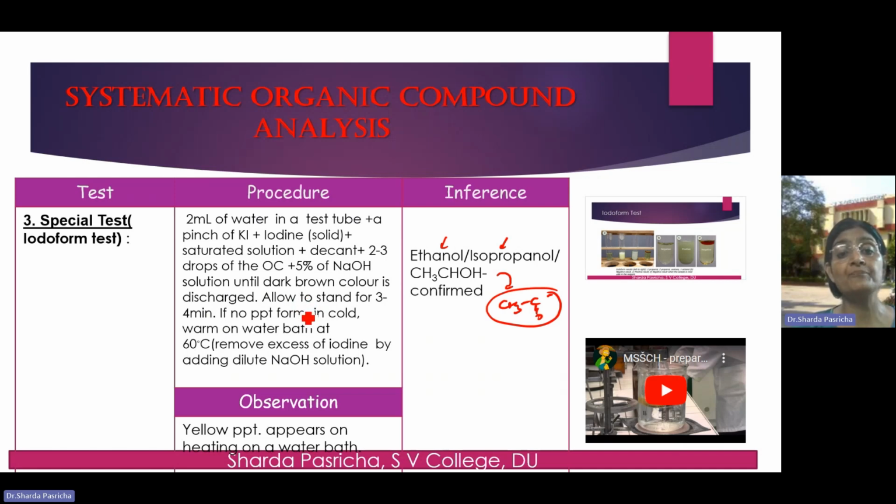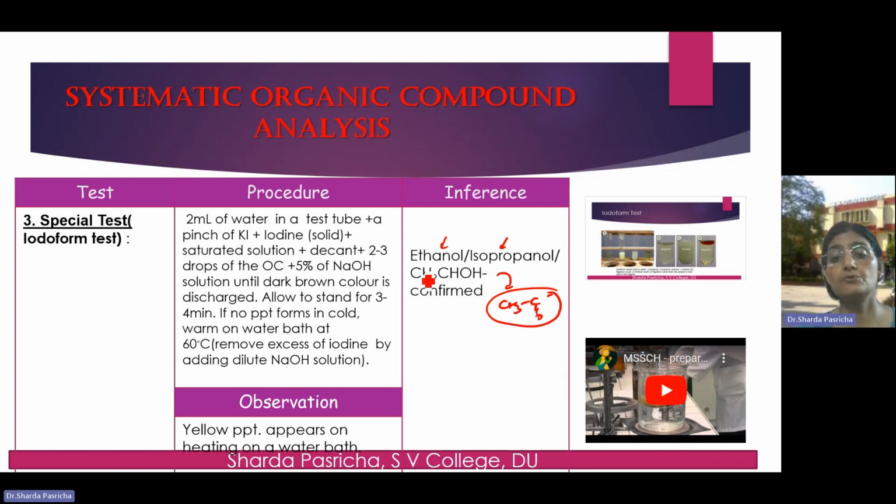If it is not formed, allow the solution to heat at 60 degrees in a hot water bath for about 5 to 10 minutes, then remove it from the water bath and cool again. The yellow precipitate